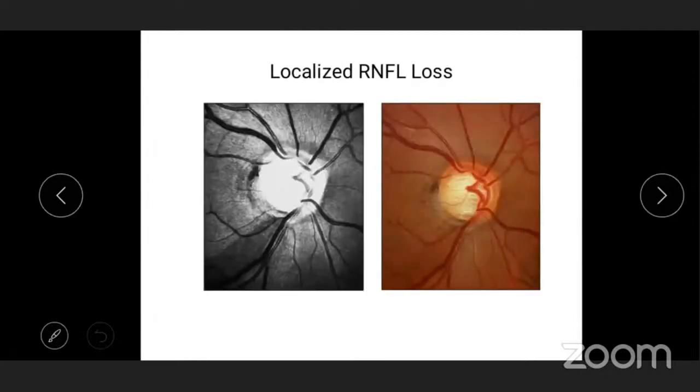Then the RNFL. See, there is a sector defect in the color fundus photograph also, but it is much better seen in this one. You can see the defect with the red-free photograph. Now, again, we are depending on the fundus photograph a lot because that is the theme of this symposium. But you can also see this with the red-free filter of the slit lamp. Make a habit: use a 78D lens, which gives you a more zoomed up picture, flip to the red-free filter, and you will see these sector defects, which are so classical.